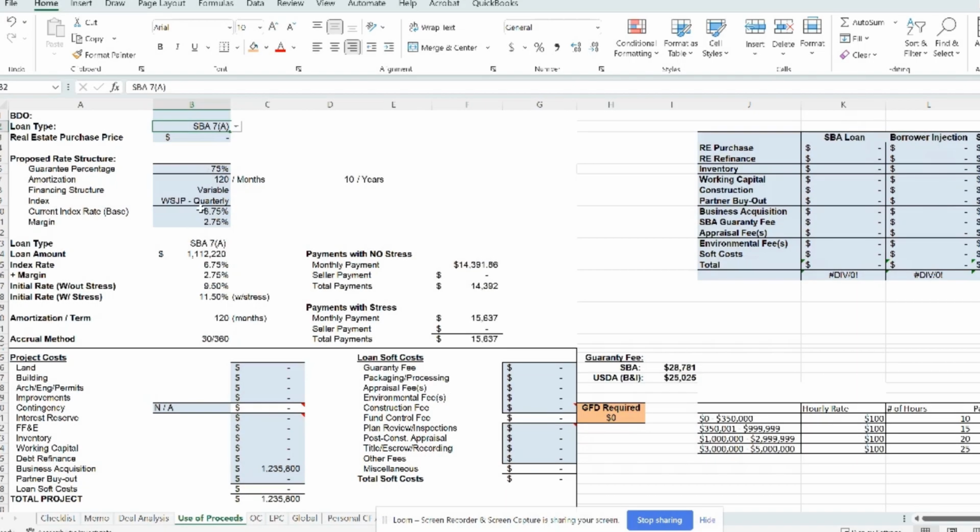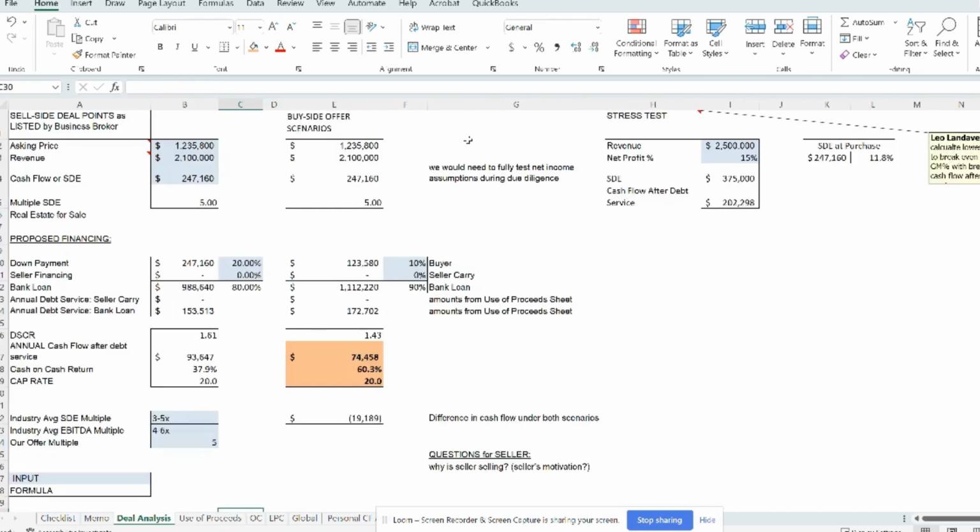So the only thing that we needed to worry about is the amount of the purchase, which comes from here. The business acquisition is connected to the deal analysis, and everything else is kind of calculated that way. Okay, so back to this. All right, so we do not want to put 20% down because it affects. So we want to go on a 10% down situation. Okay, so in a situation like this,